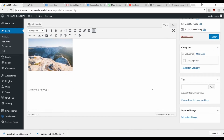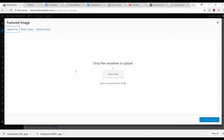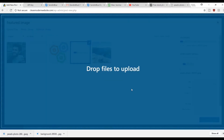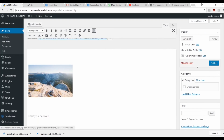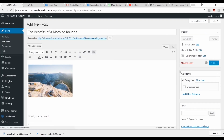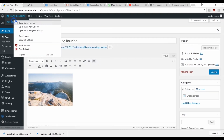And something you always want to remember when you make a blog post is to set a featured image. It's basically the image that will be displayed on the front of the blog post. You'll see in a minute what I mean. I've got an image already that I found, and then we just hit set featured image, and then all you do is hit publish. Great. So now if we go back to our site,